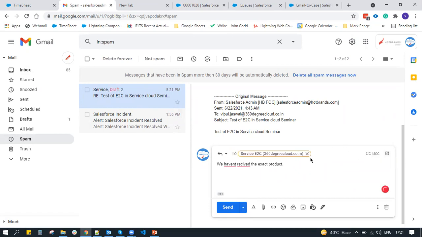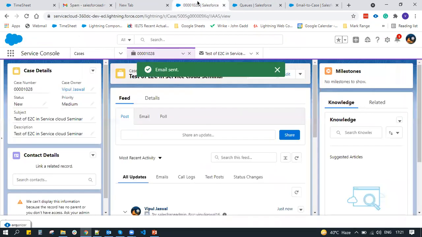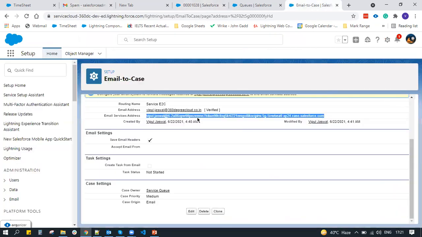Now you have to send this email to the long address, right? So this is the long address which is going to create the threads, so we can also keep track of the threads.